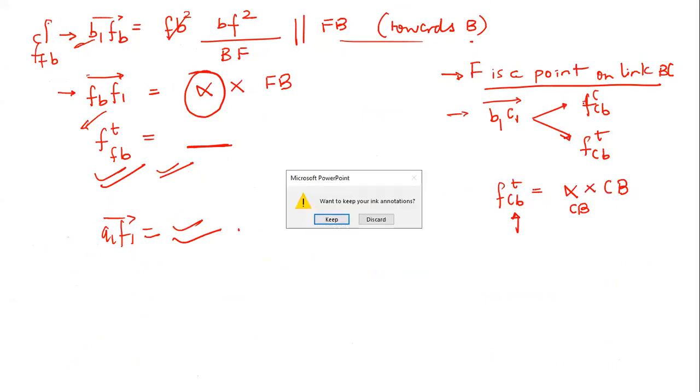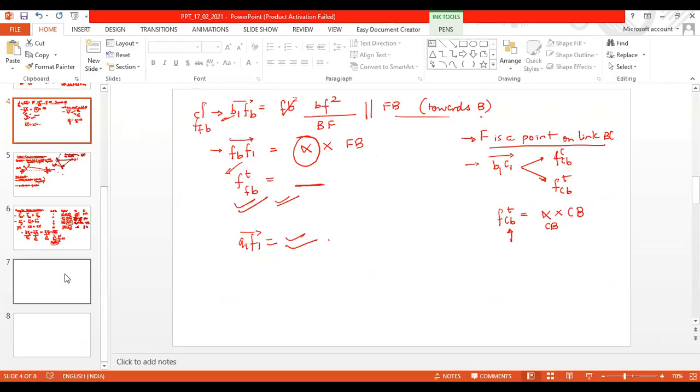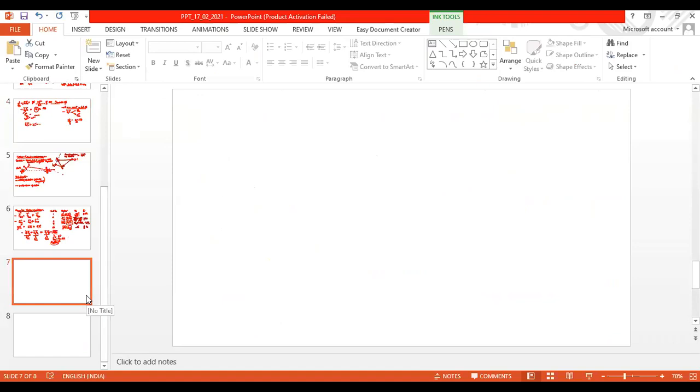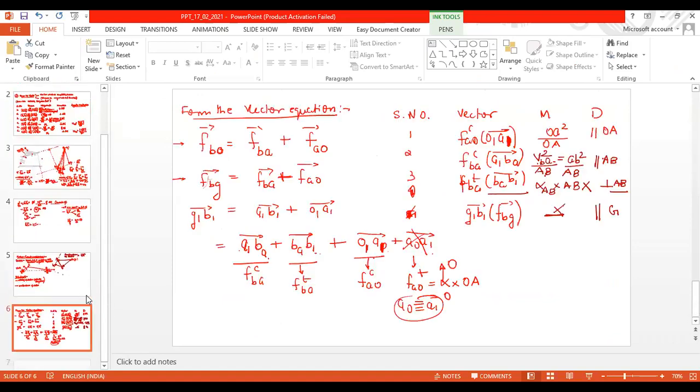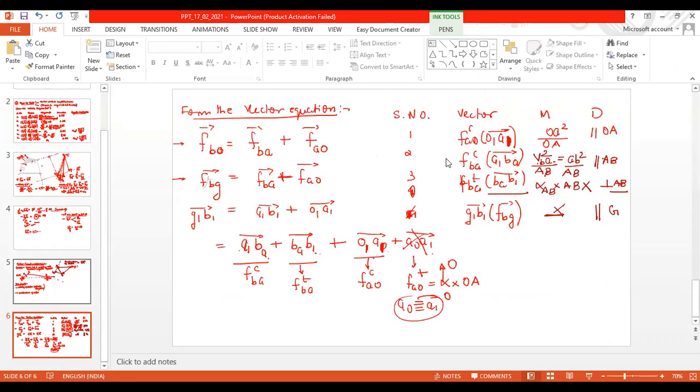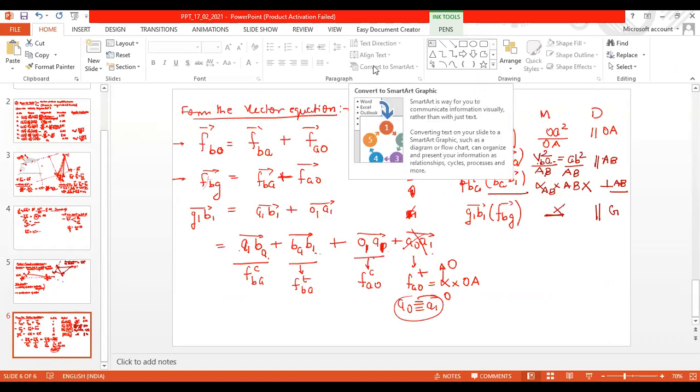Sir, hello, sir. You are going to share the assignment after the midterm, right? Yeah, I will share the assignment, but I am not going to ask you to submit it before midsem. Don't worry, because the numericals you can always practice. The assignment will be something related to SolidWorks and MATLAB.